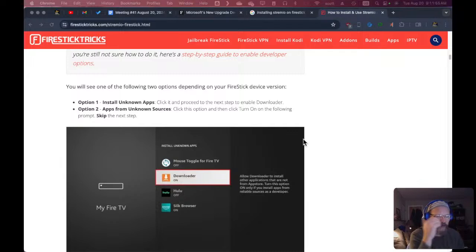Now, Stremio has, in their latest versions, a QR code that appears, and you can follow that QR code to do the authentication on your mobile device. But you obviously have to get Stremio installed in the first place before you can do that. If you've got a fairly recent Fire installation, you're probably running the most recent version of the software. And what I've noticed, and you'll see it here on my screen now,